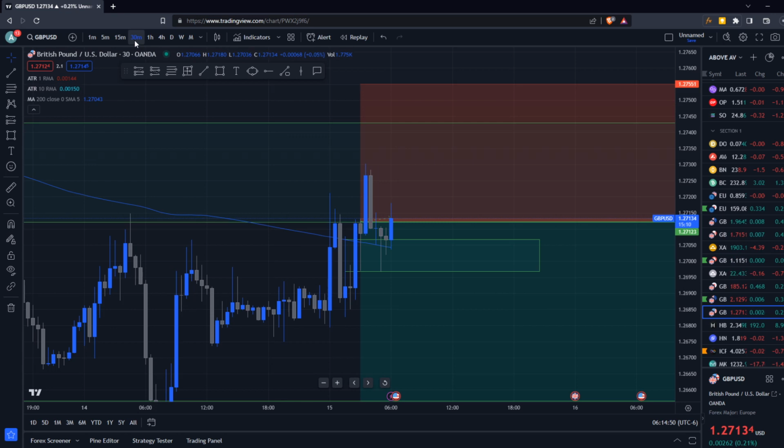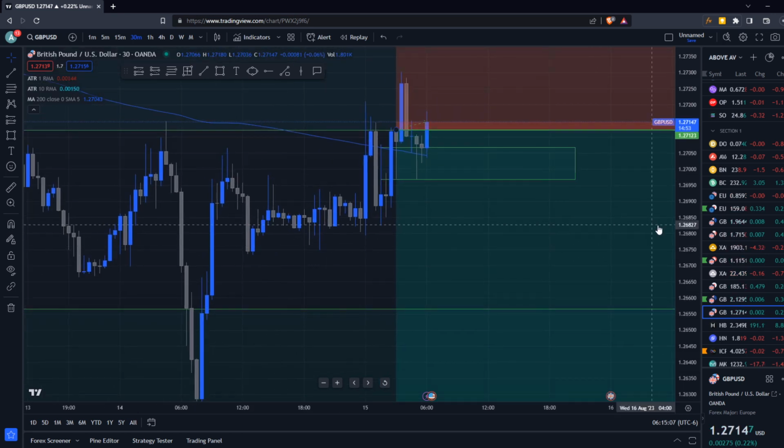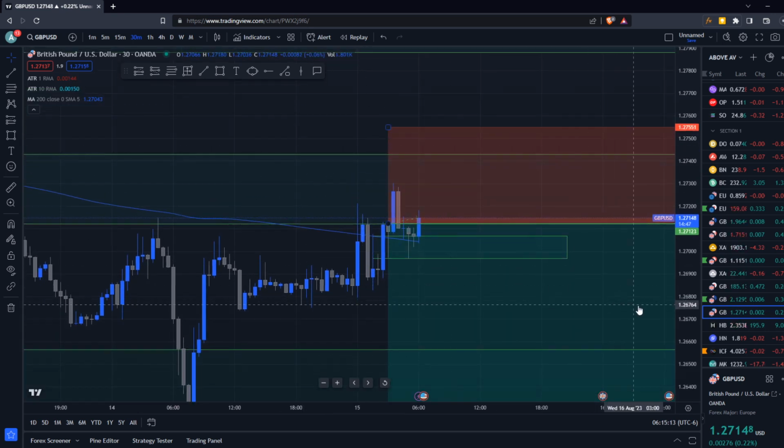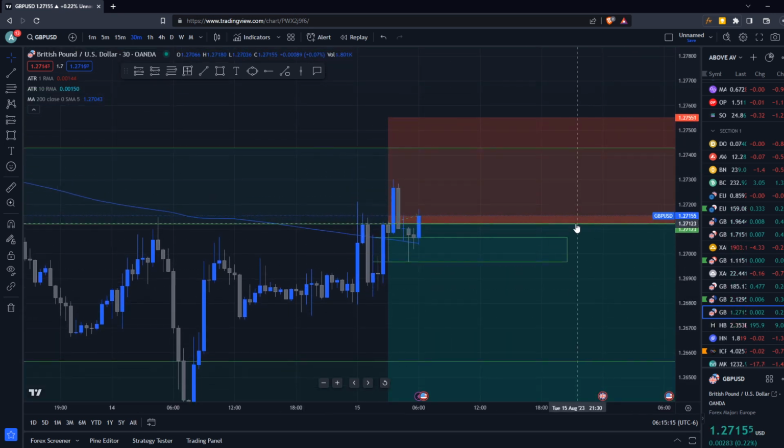This is a 30-minute time frame, so you can see these candles are respecting this moving average. They're sitting on top of it, they're wicking through it. So on the 30-minute, the smaller time frame than the 1 hour, it is showing some bull momentum. You can also see from this area you got higher highs, higher lows. So there is bullish momentum on this 30-minute time frame. So I do think you'd be okay to short it, but it's not guaranteed, and you could wait for more